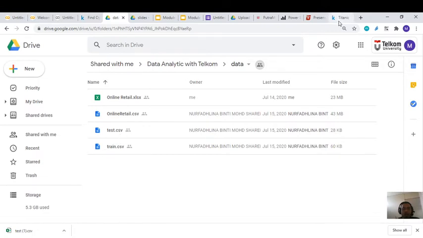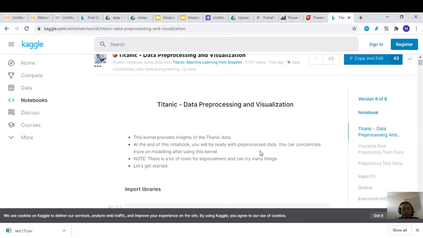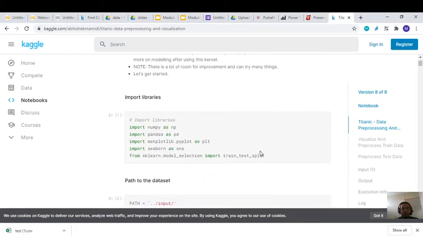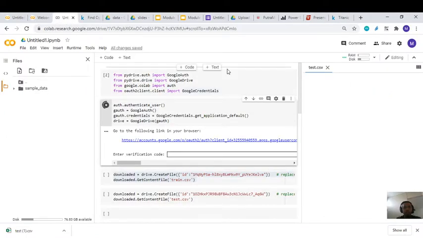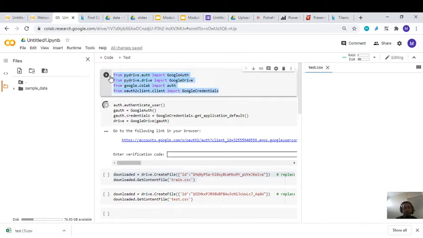After that, we want to continue with this code using Google Colab. Before you enter this code, you have to import your dataset to Google Colab. The first one, you have to write this code, and after that you can run.